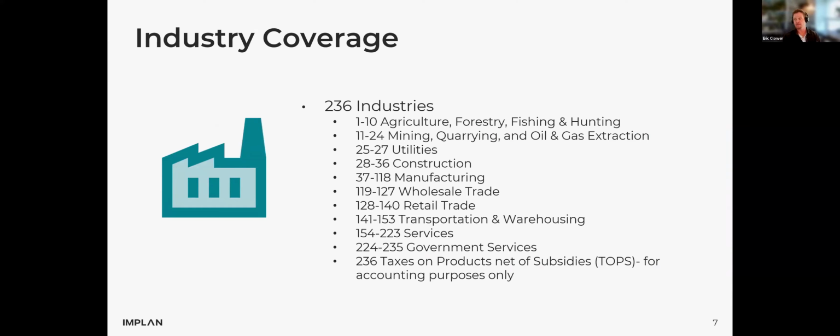After we answer the question of where in our impact analysis, we need to start to think about what makes up the economy. And that's what's captured in the industry scheme associated with our product. If you are used to working with the US product, there's probably a couple key differences that you see here. First of all, the IMPLAN Canada data uses its own specific industry setup. You see different industries than you do with the US product and different industries than you would with the international product. It has 235 what we call functional industries, plus one very specific category for taxes on products net of